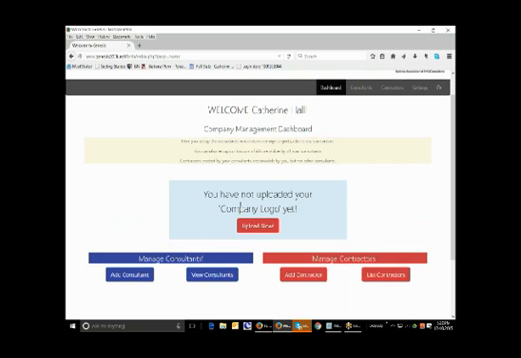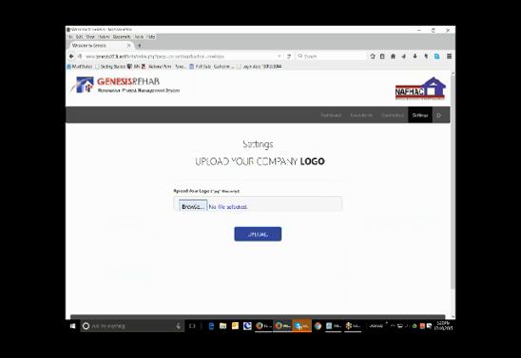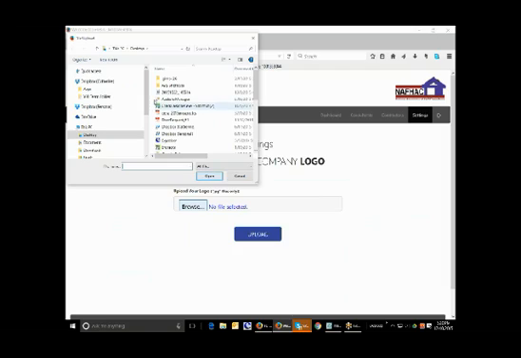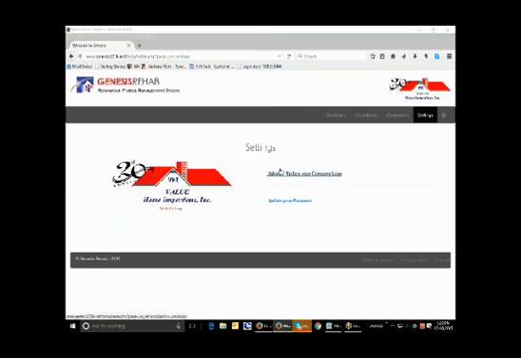So now you see here where it says you have not uploaded your company logo yet. Upload now. So I click this button, and then I can browse the files, and I just basically go out to my computer. I selected the file, and here our company logo is now showing up, and you can see where the logo is. So now I'm going to go back to the list. So that's in the settings. So now I'm going to go back into consultants,